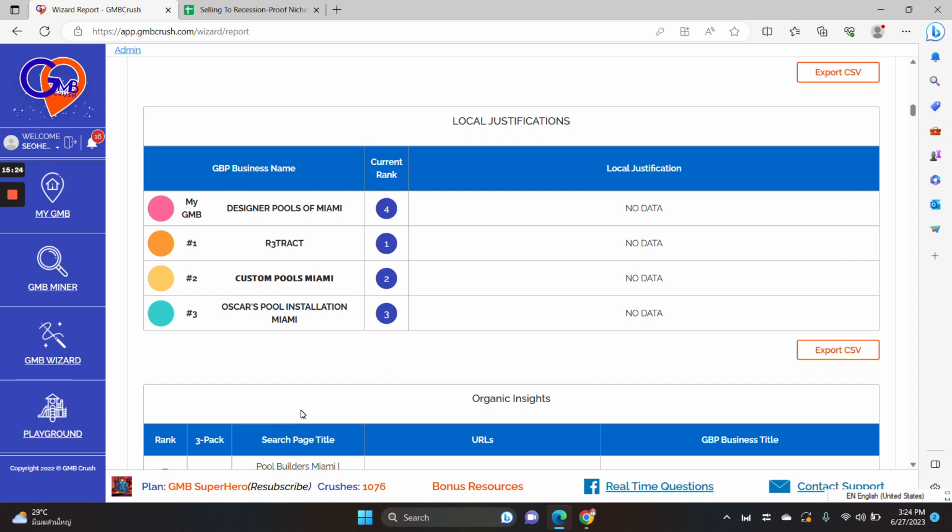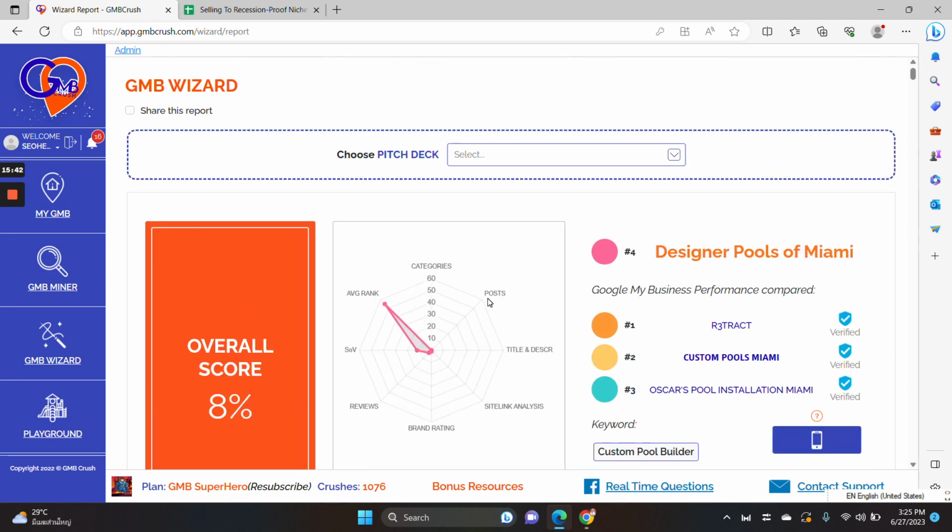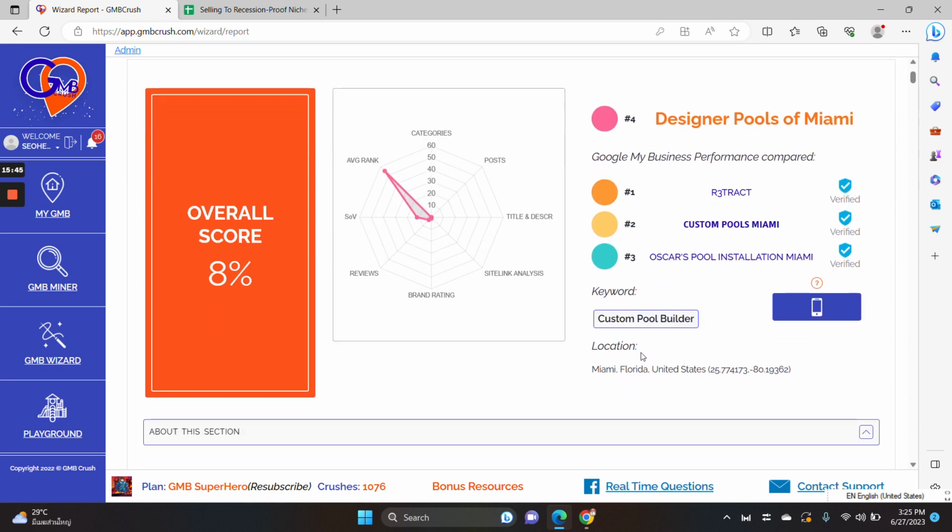But as we have seen before, it's ranking number 1 for the majority of the other cities, for the other areas. And it's also ranking in spot number 6 on Google page 1 for the keyword, of course, custom pool builder,